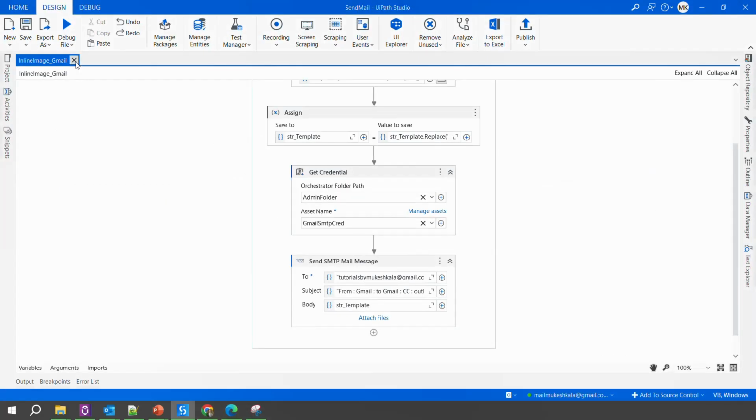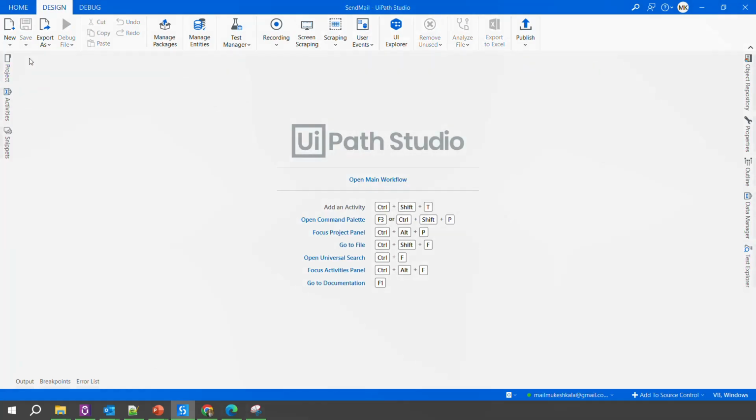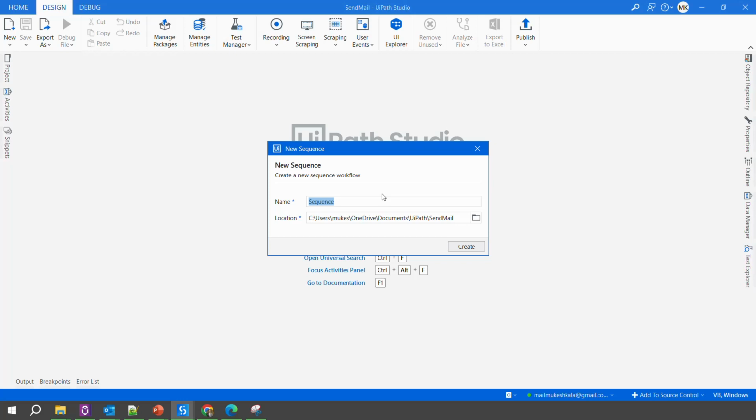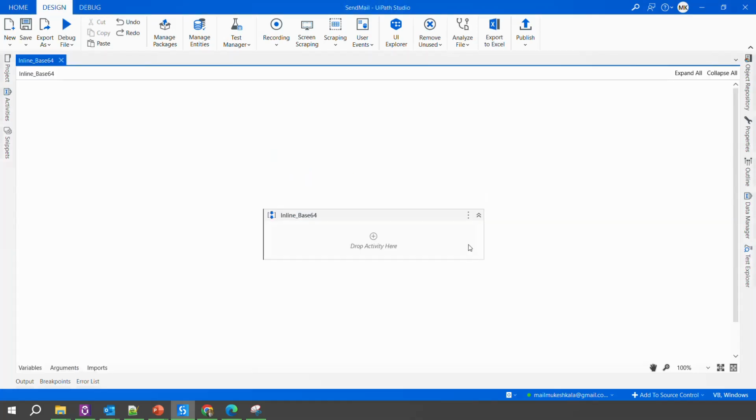Okay, so I'll close this one and let's go here and try to create a new sequence. I'll call this sequence inline base64, right? That's what we are going to do. Now the first thing, if you remember the steps, the first step was to get the